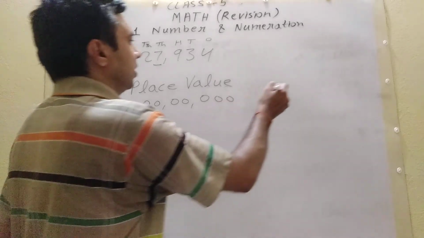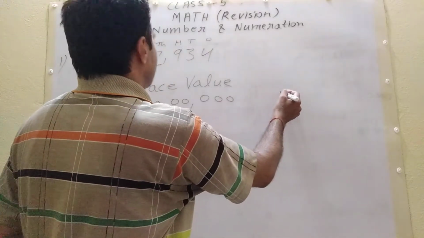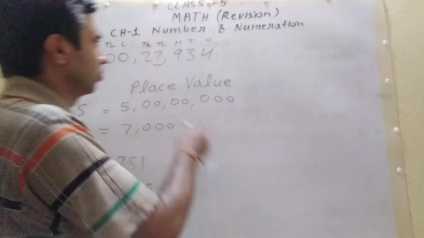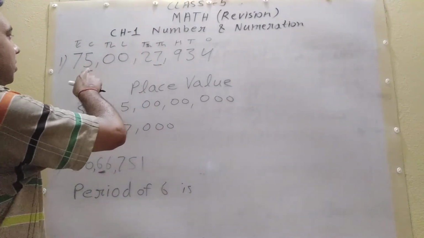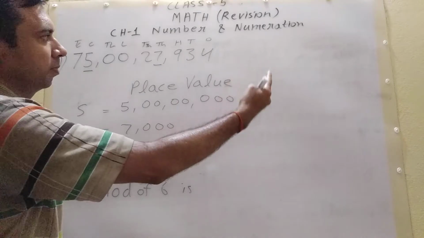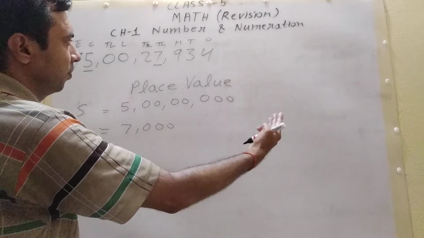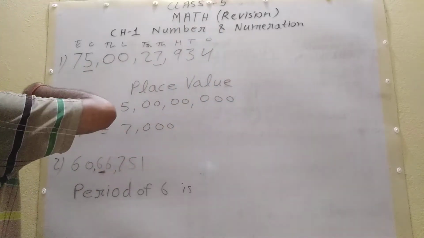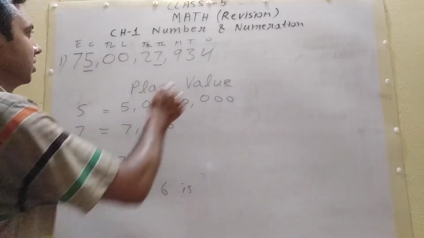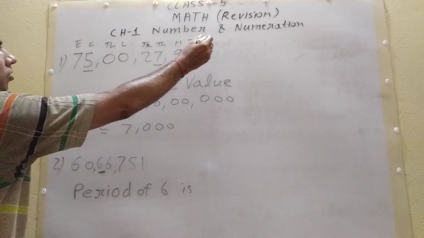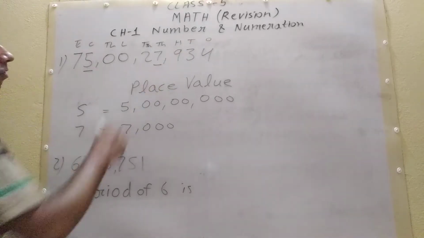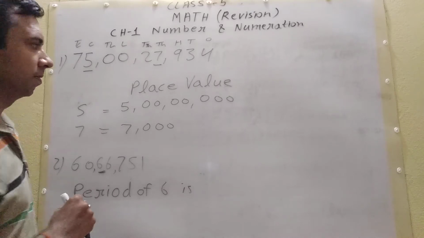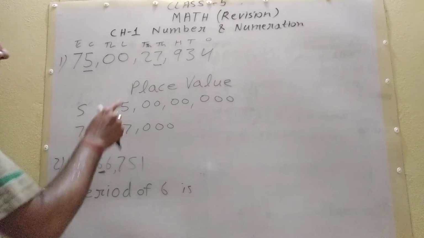And suppose in the option it is mentioned directly as lakh, crore, 10 crore, then also you can find out by seeing the digit. What I have explained is that when you write the place value, you write it from the right hand side and you read it from the left hand side. So first put the place value and then you can easily find out what the place value of that digit is. In this manner you can solve.